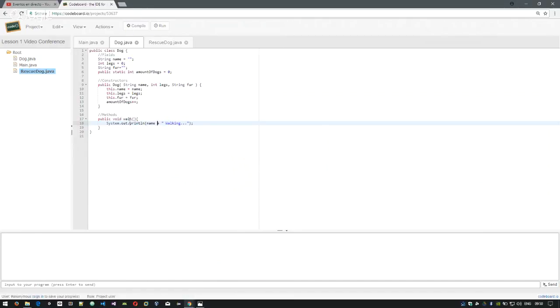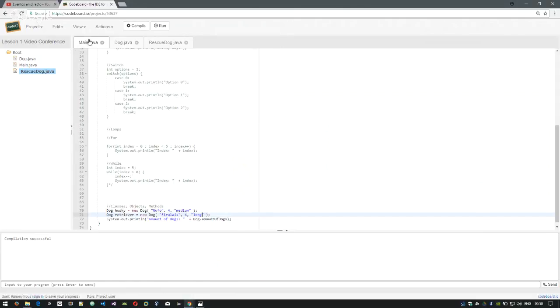Right now, we specified one method, walk. And we will call it from the main. We will call it on the husky. So the husky will have this method and the retriever too. And if we call walk,